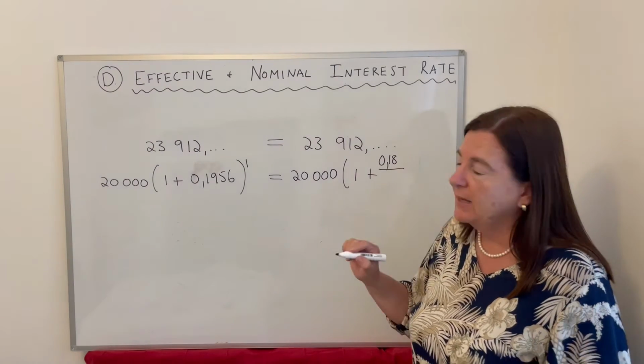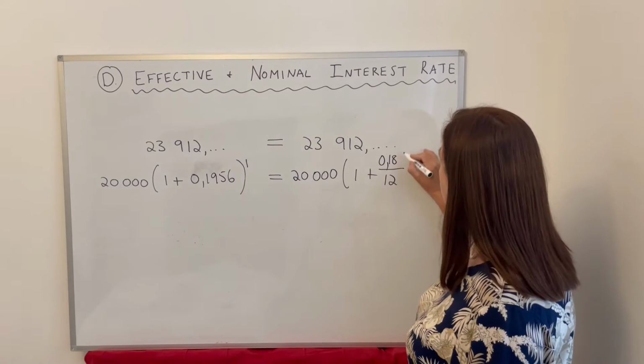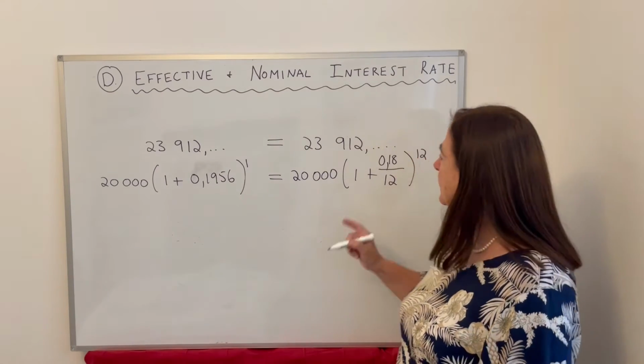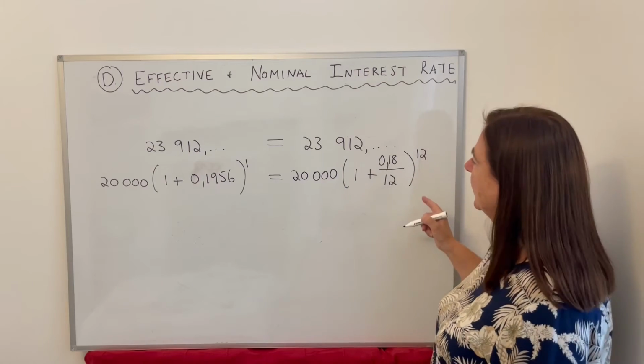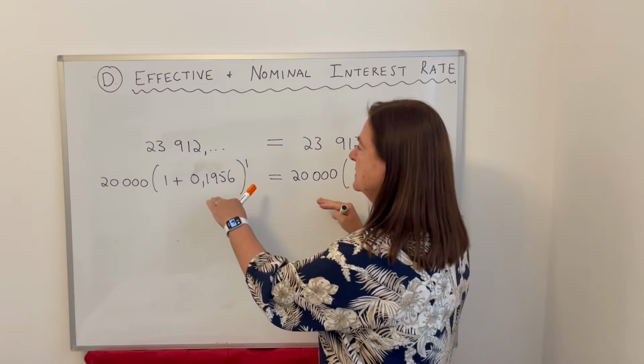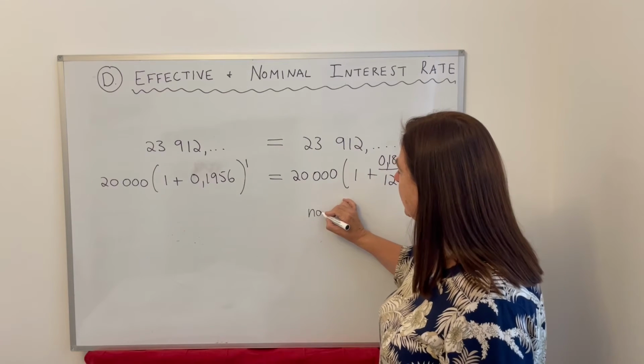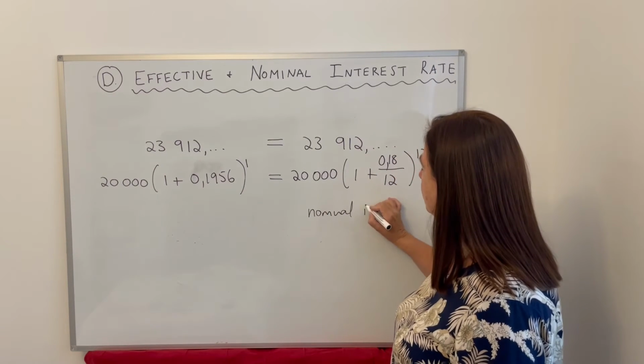It was compounded monthly, so it was divided by 12, and because there are 12 months in a year, there were 12 time periods, so m is 12. Okay, and if I equated these, I got the same amount. Now this case here, this would have been our nominal interest rate,